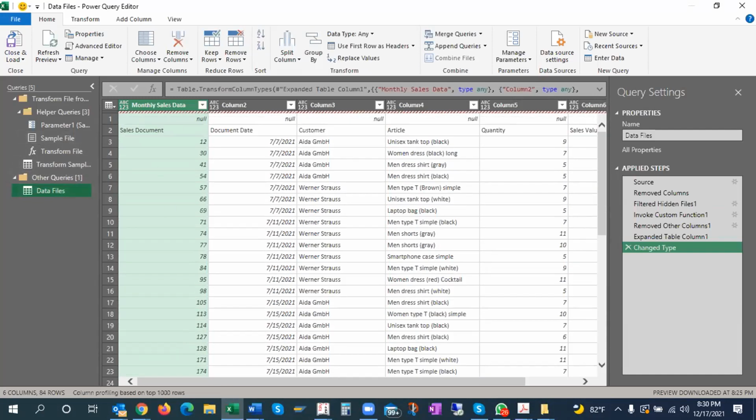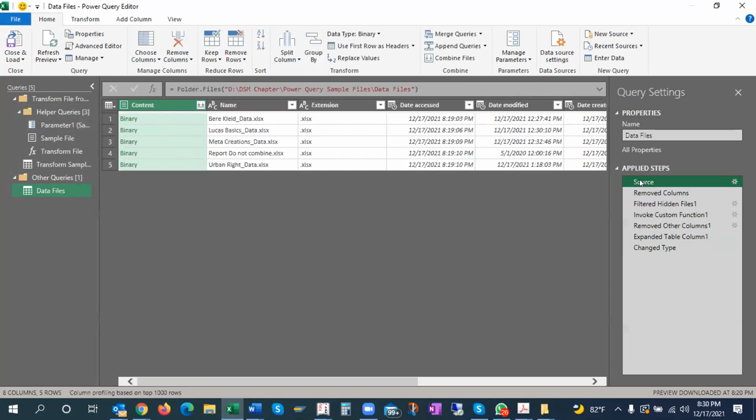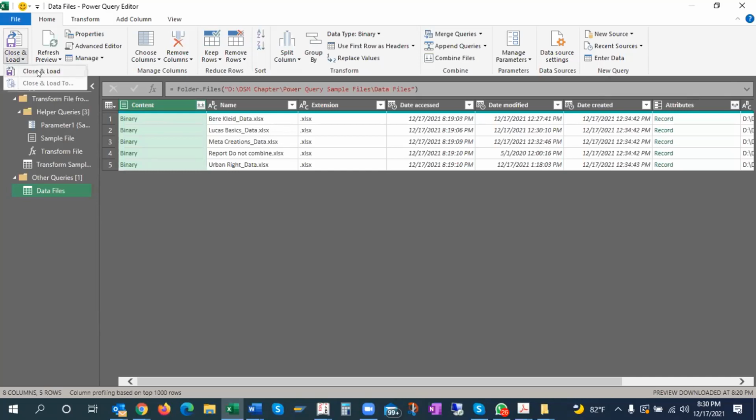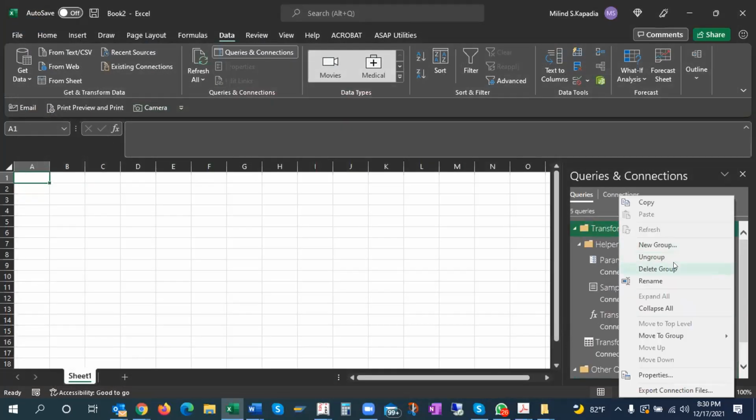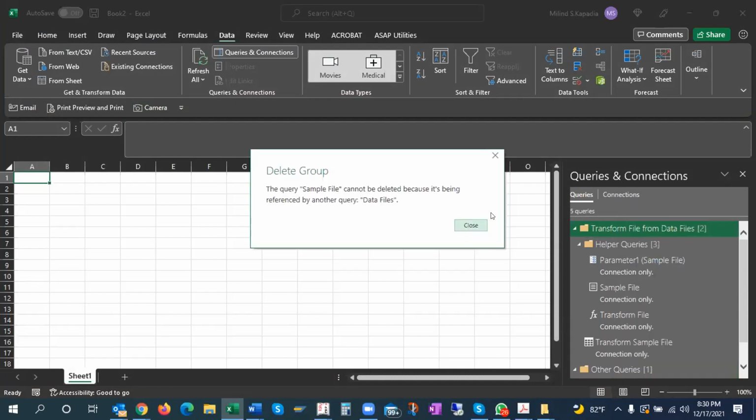Now what I will do is I will do this again because now the source is perfect. It has perfect tables. So I'll discard this because I can do it, but it will take a lot of time. So for that reason, I can delete the query itself.